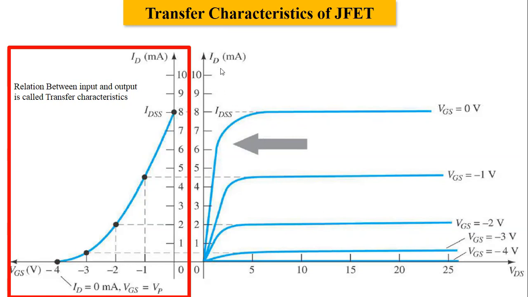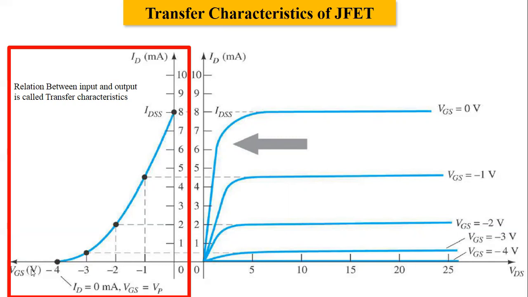So this was the drain to source voltage and drain current characteristics, that means drain characteristics run between drain to source voltage and drain current. What we see in this characteristic is that when VGS is varied, the value of ID current is varied. Now we will plot the transfer characteristic, that is between the gate to source voltage and drain current ID. So what we see in case of this N channel FET,